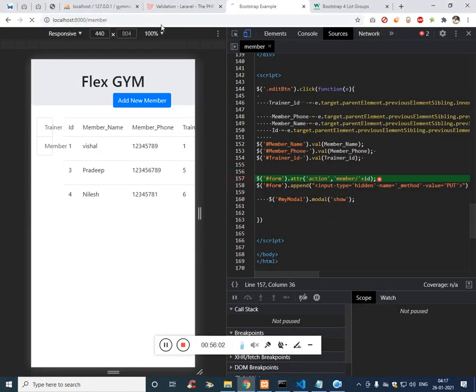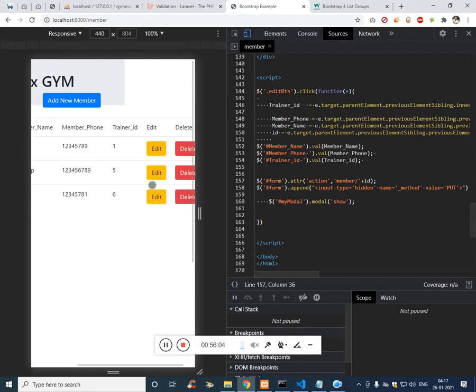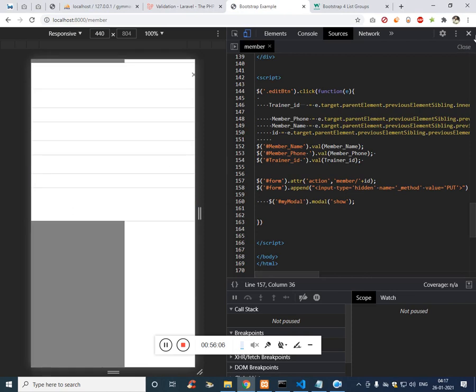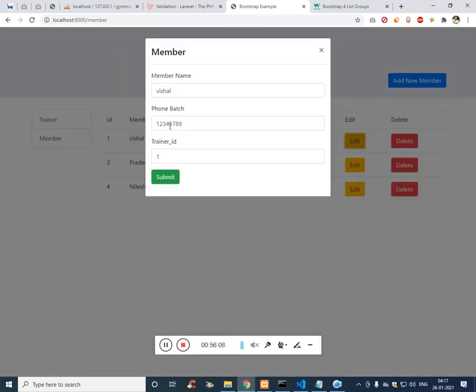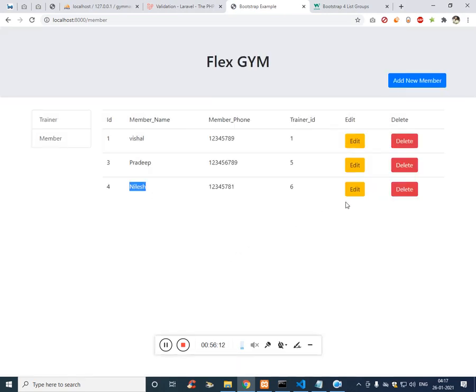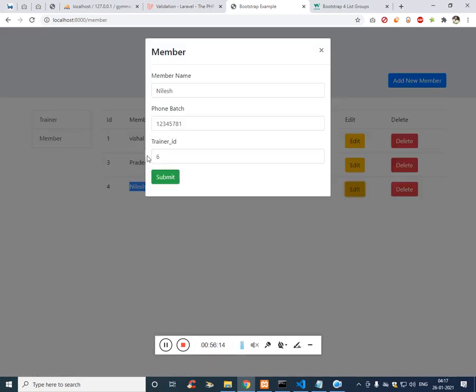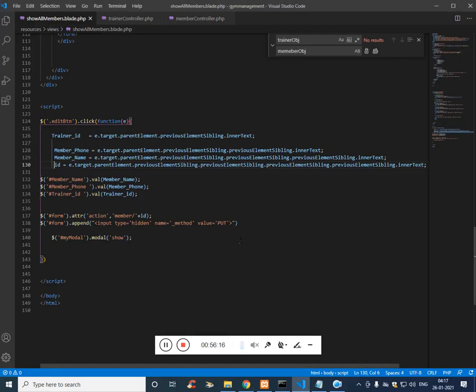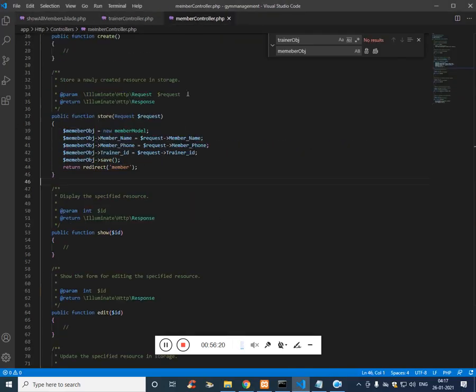Now let's try. Click on edit. Vishal, the phone number and the ID. If I click on Nilesh, phone number and the ID. Yes, it is working.